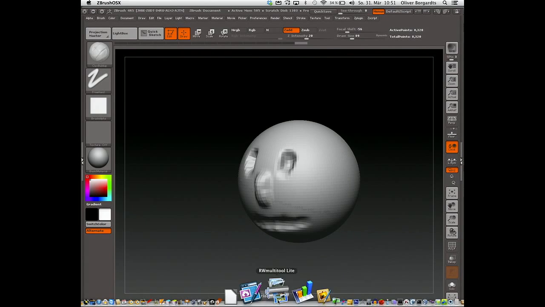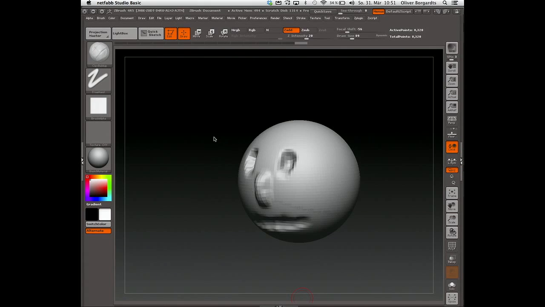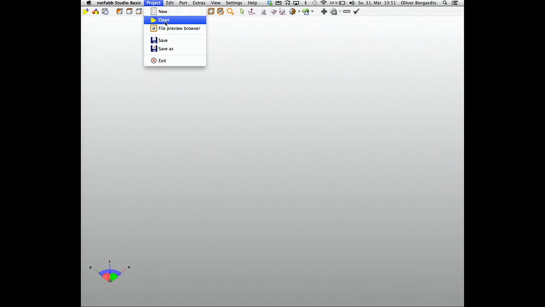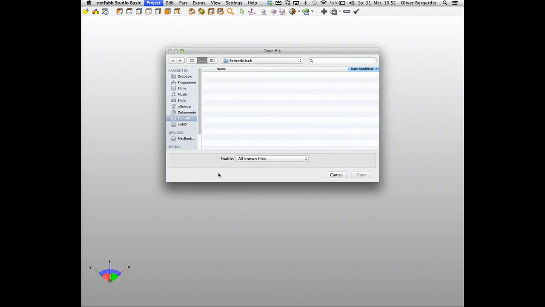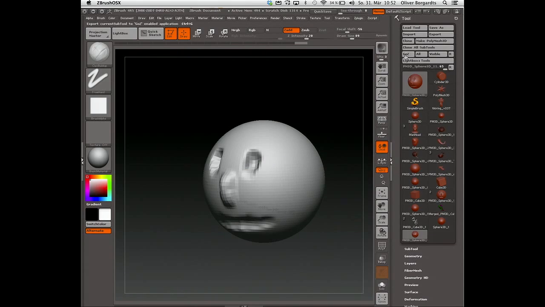But I recommend to use a free tool, and it's called NetFab Basic, and you import your model there. You can do measuring. It's not perfect, and there may be more professional tools, but you open a file, import it, you run a mesh check over it, automatic repair, and then you send the 3D file to them. You can, for example, if I have it here, again,